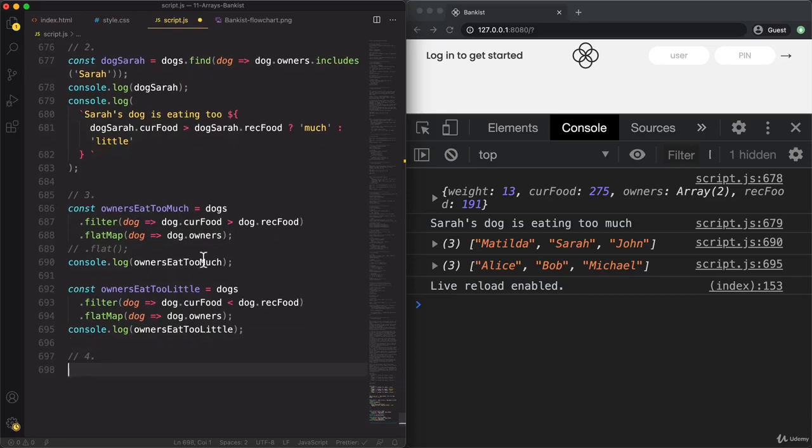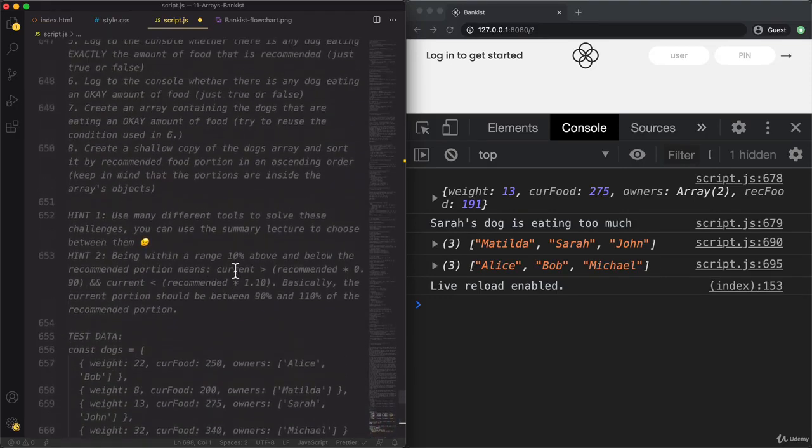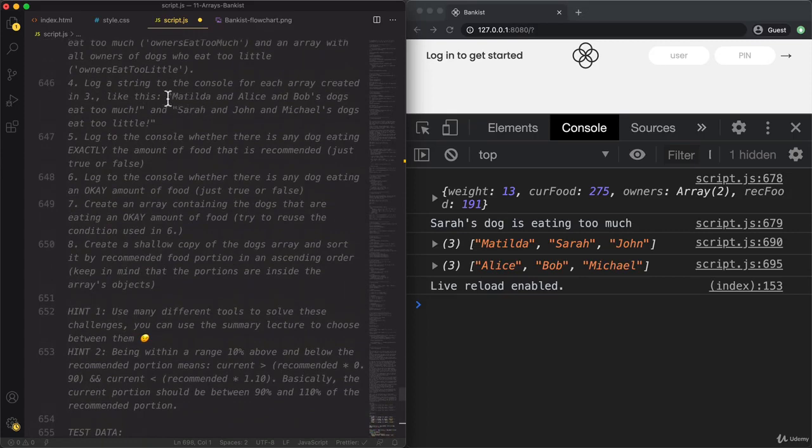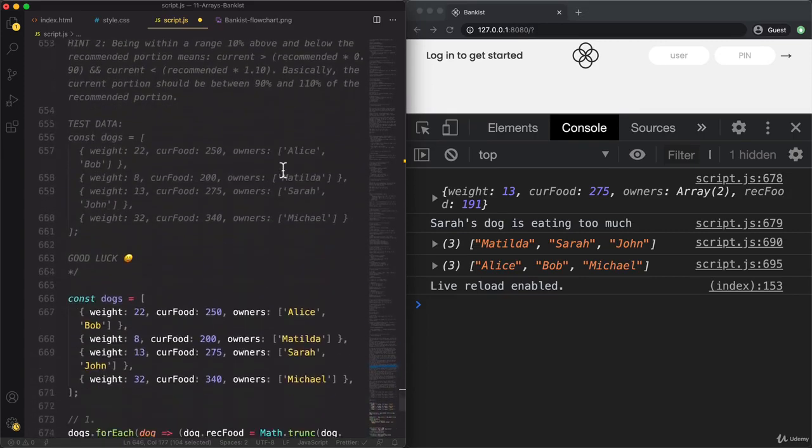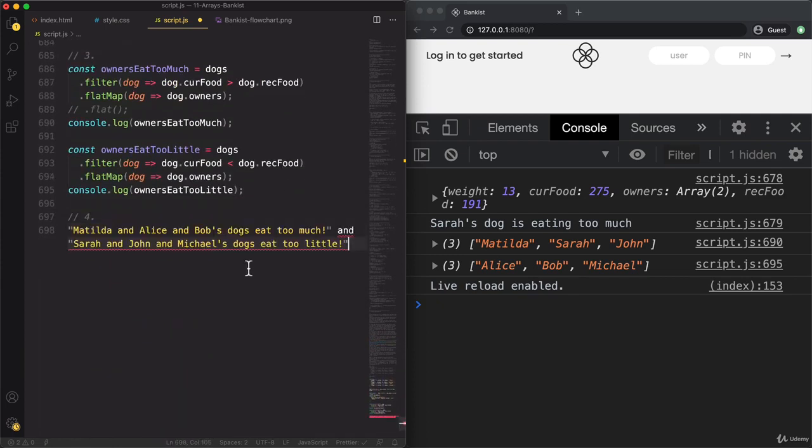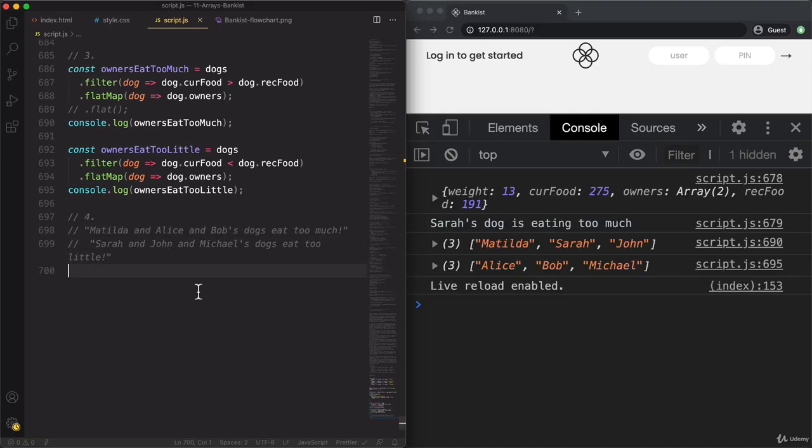Okay, next up, our task is to create some strings. So let me just copy the strings. And so that's based on the arrays that we just created. All right, so these are the two strings. And actually they will not be the same. So this is just an example. So here we see Alice, Bob, and Michael's dogs are together, and here they are not. So the string will be different, but that doesn't matter. So what matters is that here we have